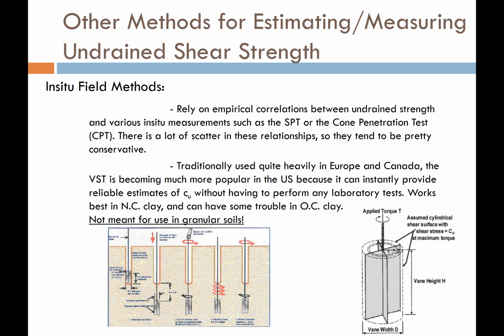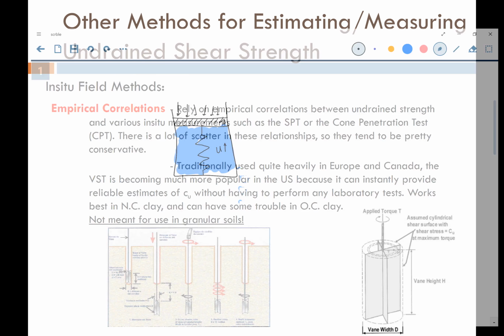A lot of engineers want to rely on in situ field methods, so measuring the shear strength directly from the ground. One way we can do that is using empirical correlations with in situ tests such as the standard penetration test that we spoke about in an earlier lecture, or the cone penetration test, also known as the CPT, and there's other tests that we can perform. Now when we correlate penetration resistance in the soil to undrained shear strength, there definitely is a correlation, but there's a lot of scatter, tons of scatter, meaning that if I were to plot, for instance,